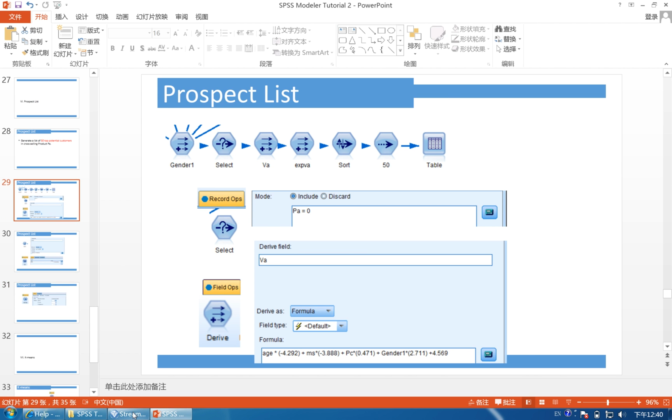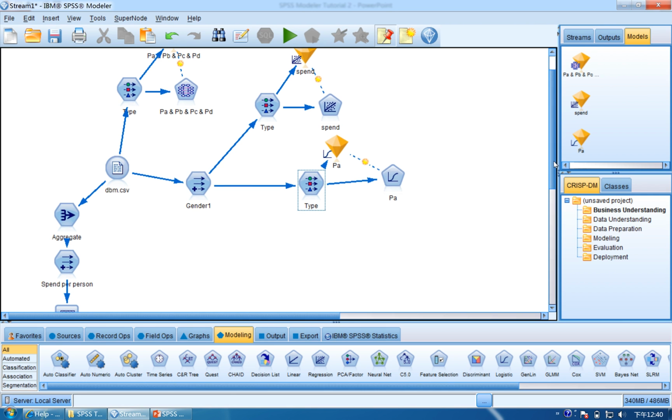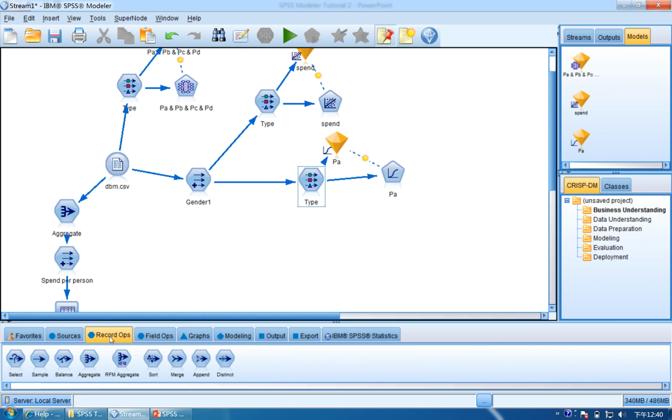First, let's go to the SPSS Modeler, and then first we are going to click record ops, drag and drop the select, connect the gender 1 to select,